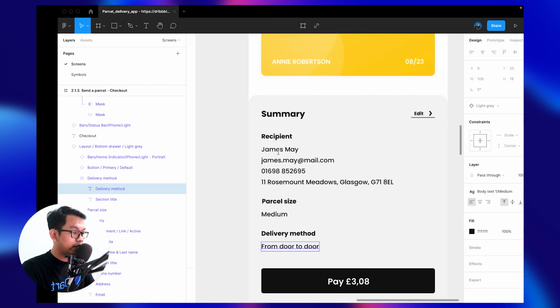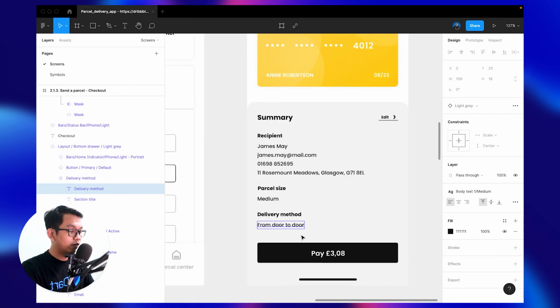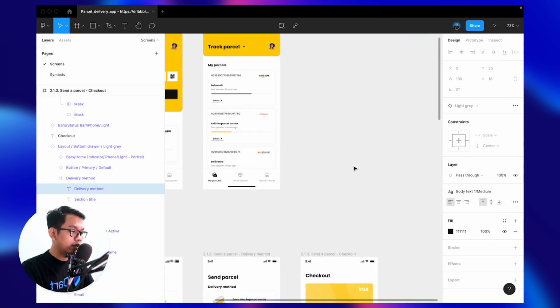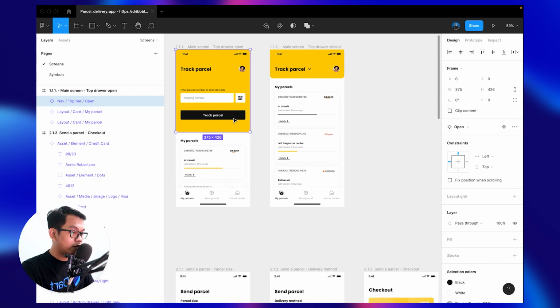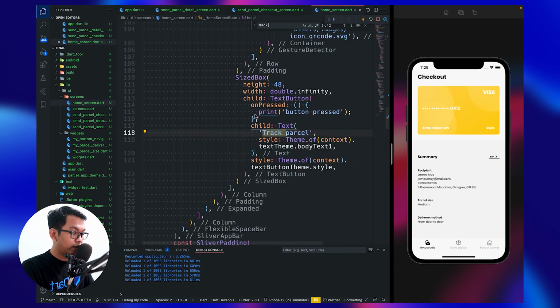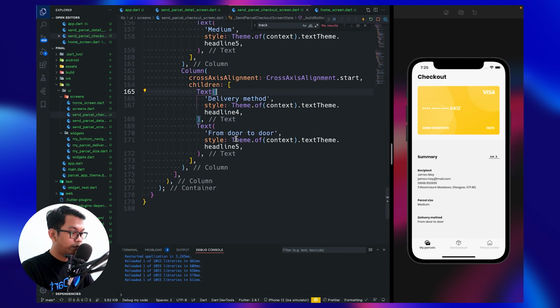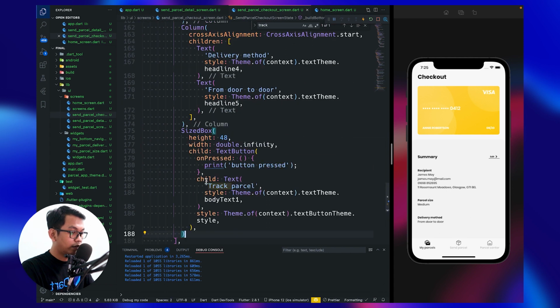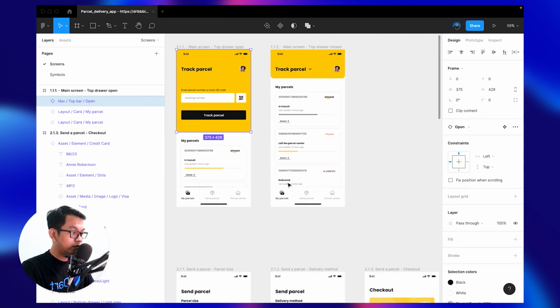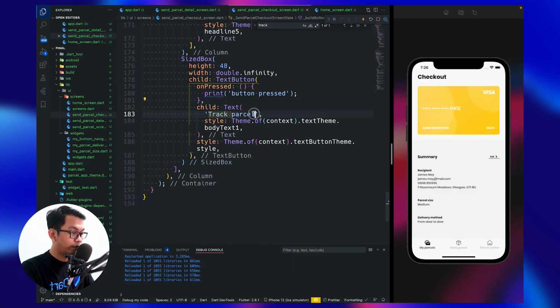And the next is for our button, but as I see, I think I want to copy this from our home. So go to home screen again, track parcel, and we use this button, paste here below of our column. But we see we need to change to this, paste here.